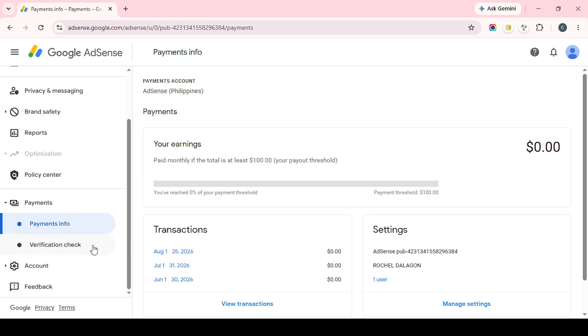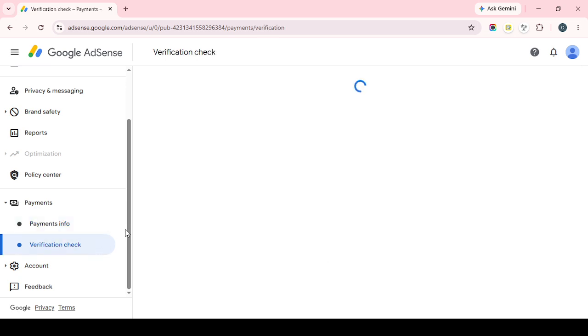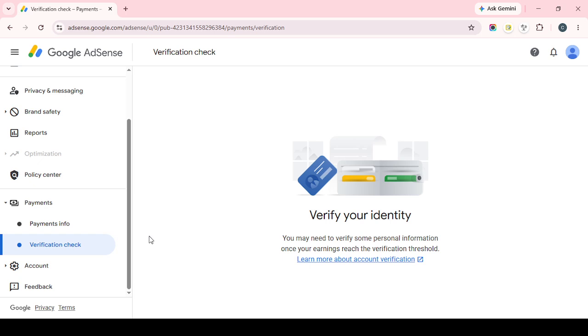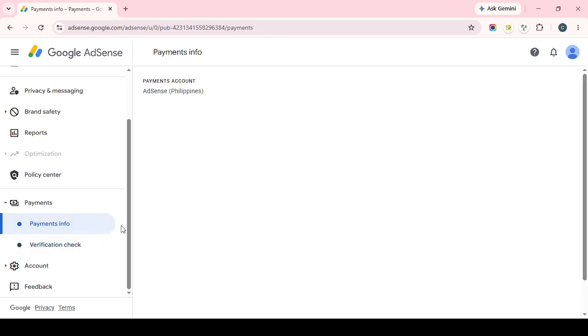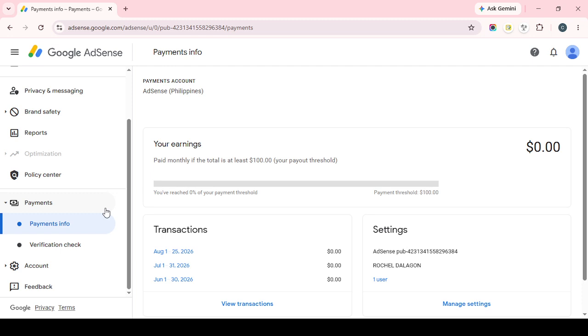When prompted to select your tax status, choose Individual and then Non-US Resident. This tells the system that you're submitting tax information as a person, not a business, and that you are not a tax resident of the United States. Selecting the correct status here matters because it determines which form you'll complete and how your account is evaluated for withholding purposes. After that, complete Form